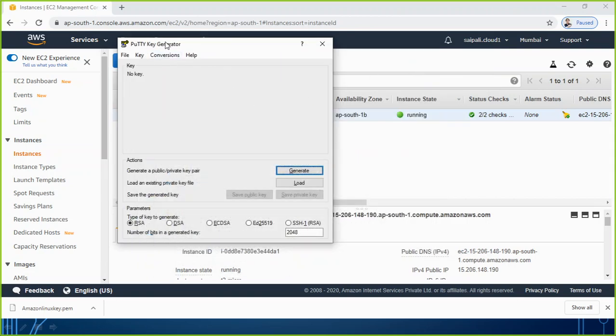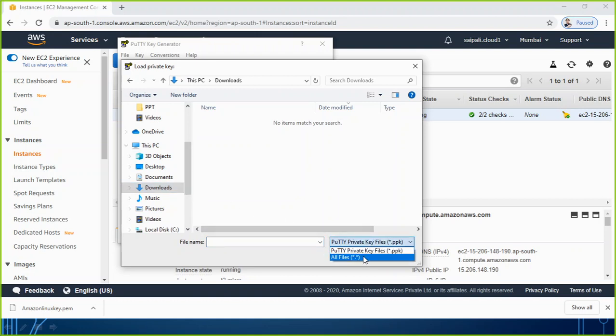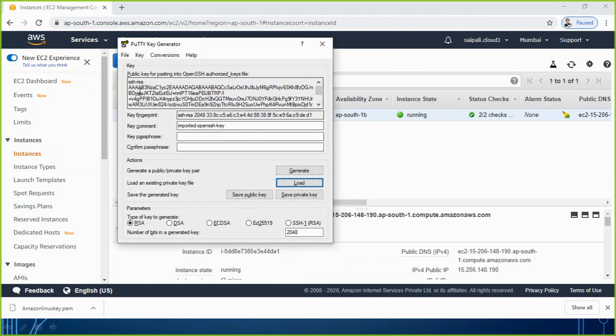Open the key generator and click on the load button here. Load, and load that file which you downloaded with the extension of PEM. Amazon Linux key.pem, this file. This file will be loaded here and it shows the information this file may contain. The next task is, by using this file, you are going to make another private key. So, save private key,